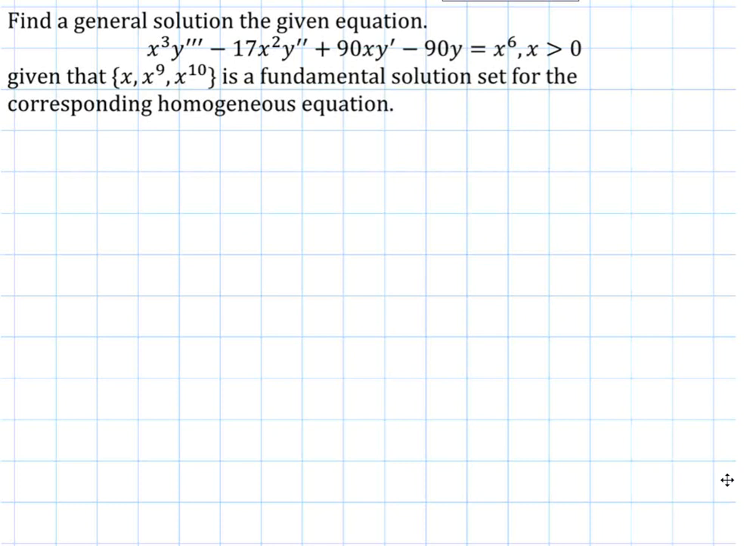We have a non-homogeneous equation. The left-hand side will come from a Cauchy-Euler equation, and we can solve it. But in this problem, we are given that x, x to the 9, and x to the 10 are all a solution set to the homogeneous equation. So with that, we can say the homogeneous solution